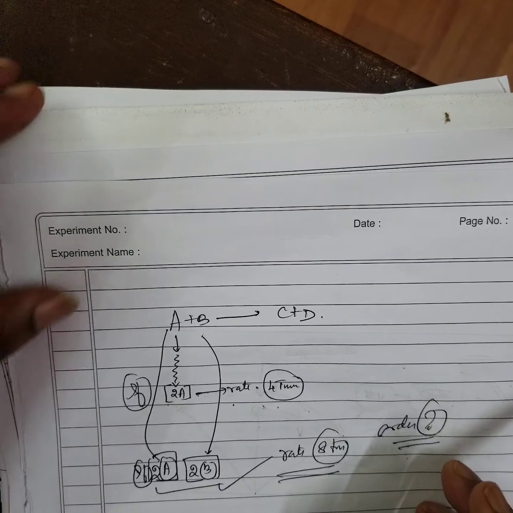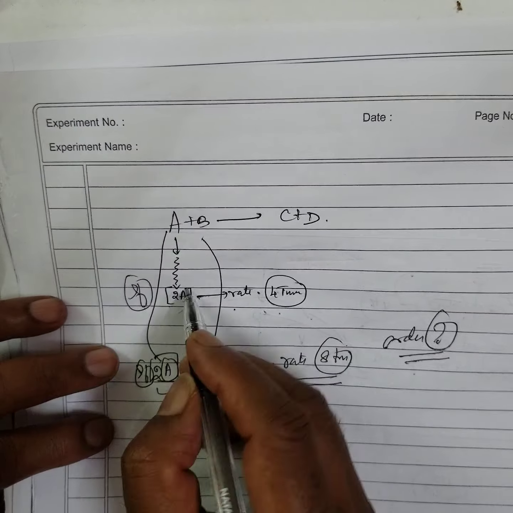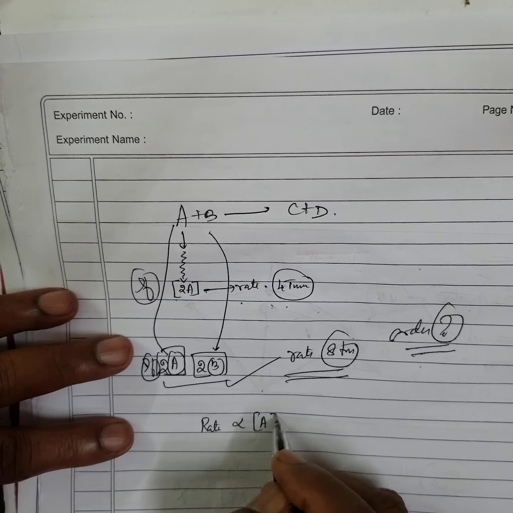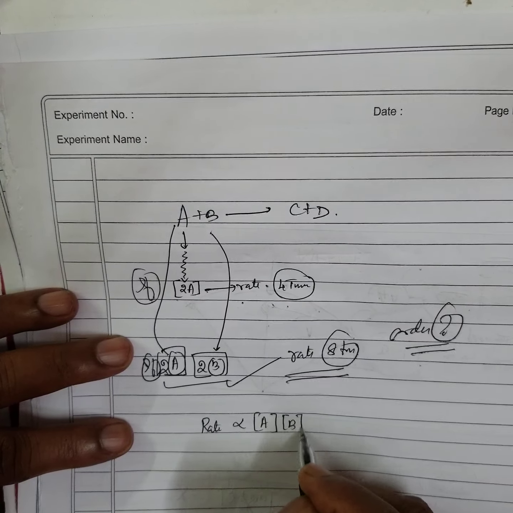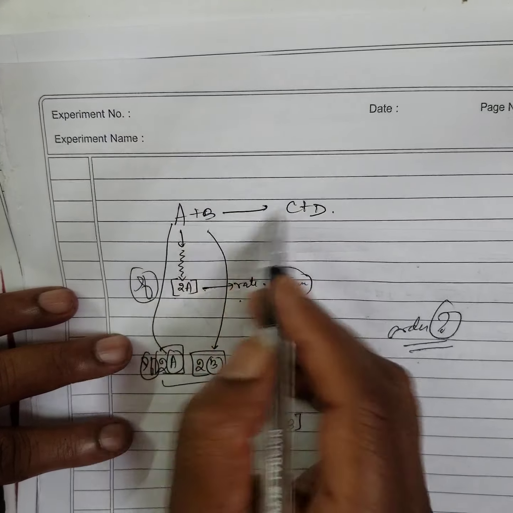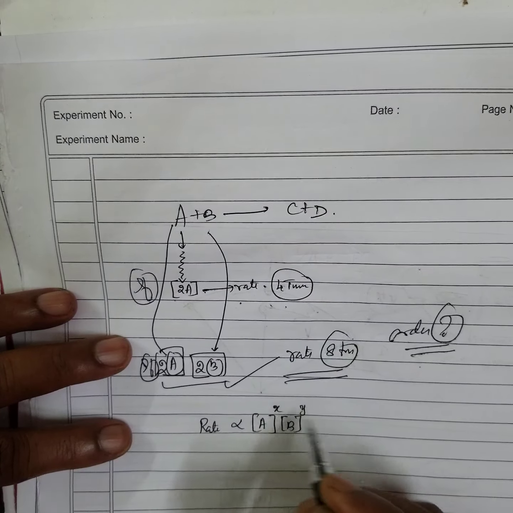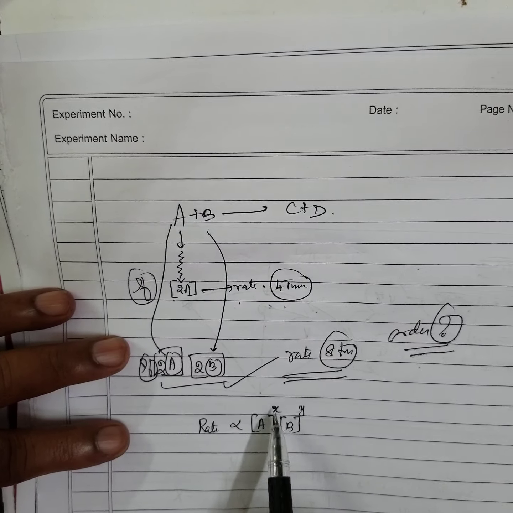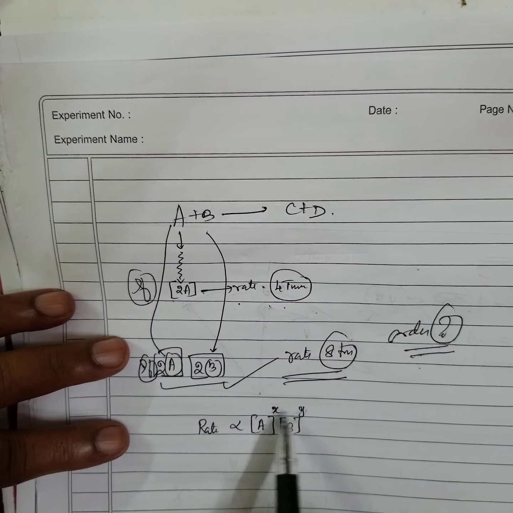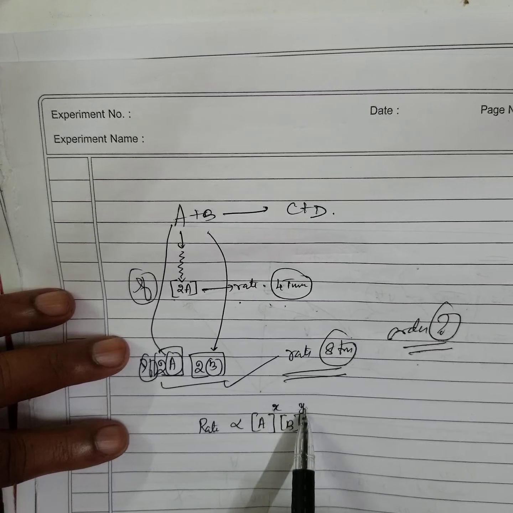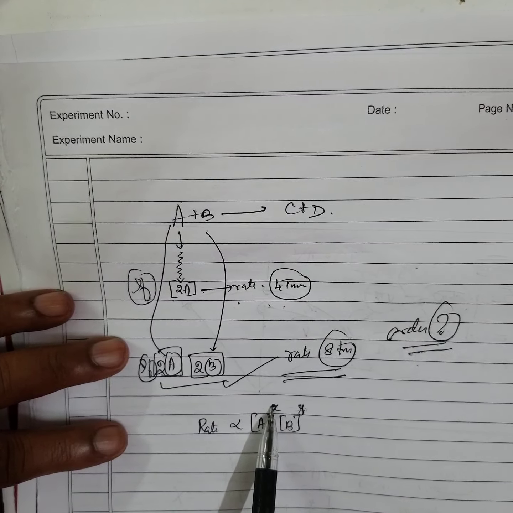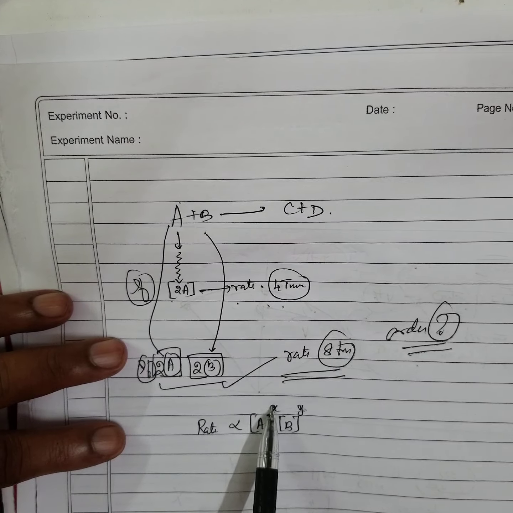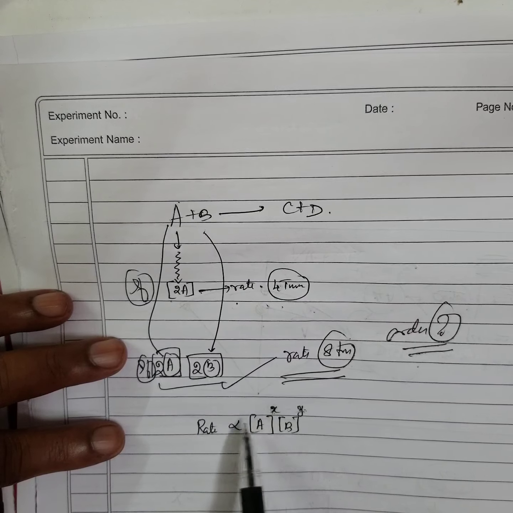See, this is a very peculiar problem. The rate of a chemical reaction, according to the law of mass action, depends on the concentration of A and the concentration of B. I don't know the powers, but after balancing, I'll put X and Y as the orders. Molecularity is 2 here, but I don't know what the order is. The powers are X and Y. As I said, some students understand only half of the sum, some 3/4 of the sum, or -3/2, whatever you've forgotten. You can think like that also.